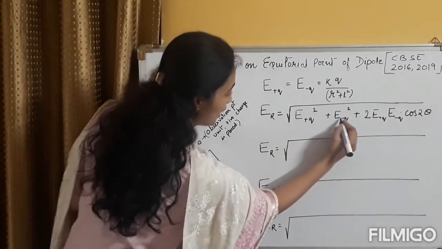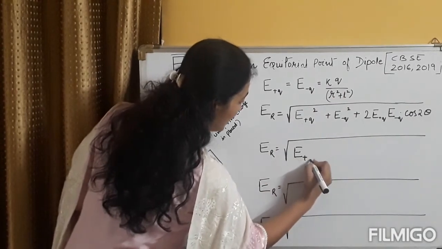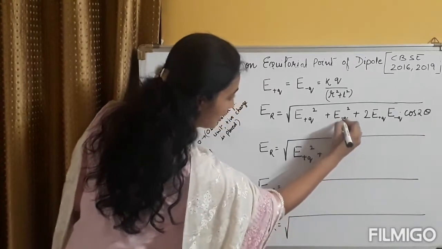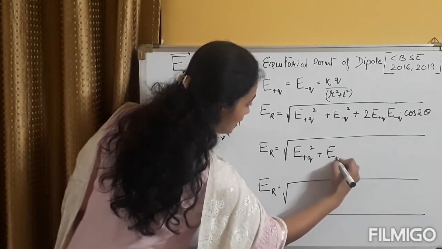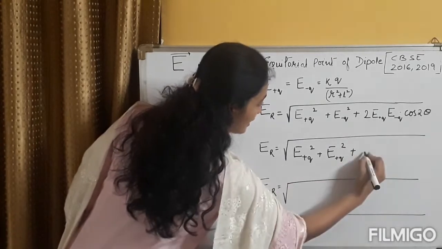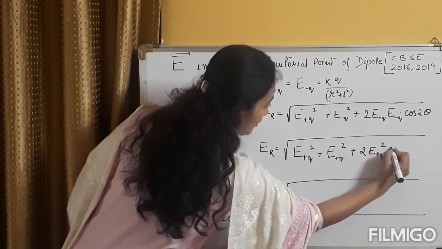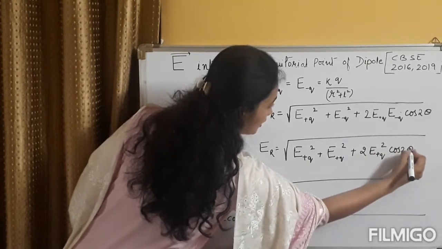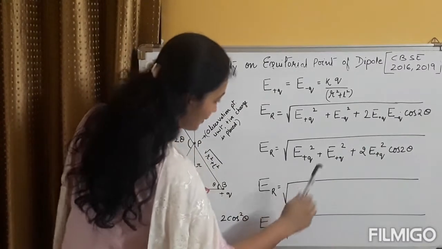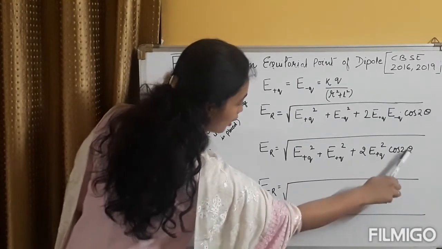So this is E plus Q and E minus Q, magnitude wise they are the same. I can write them as (E plus Q) square plus (E plus Q) square, again taking the same magnitude, replacing E minus Q with E plus Q, and plus, replacing here also, I get (E plus Q) square multiplied by cos 2 theta. I have replaced E minus Q here with E plus Q, here also E minus Q with E plus Q. So I am getting 2 times (E plus Q) square plus 2 times (E plus Q) square cos 2 theta.